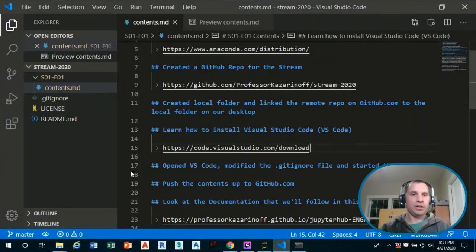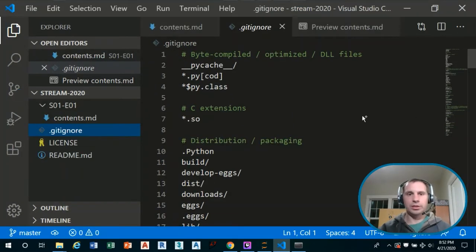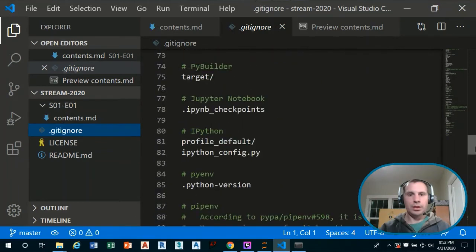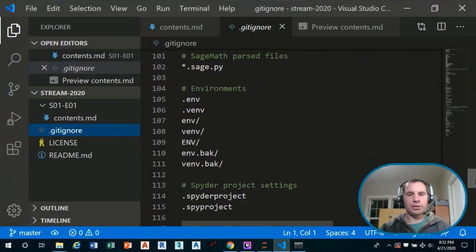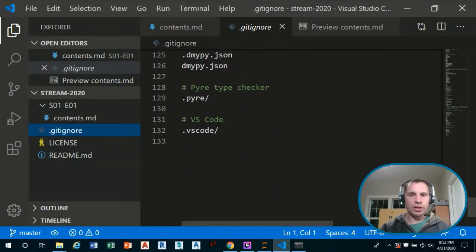So here back in VS Code, I'm going to click on the gitignore file. And if you scroll down, we've got the regular gitignore file for Python project. I just want to make sure that this .vs code directory is also ignored.